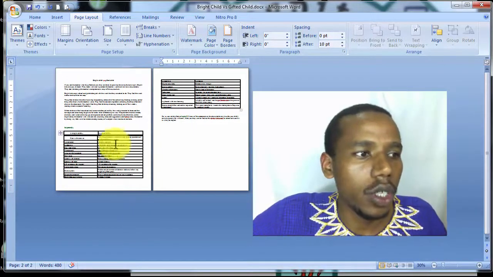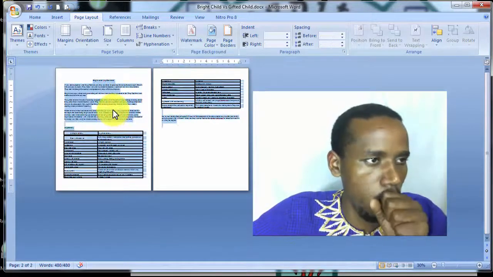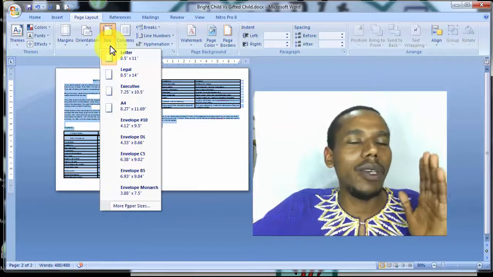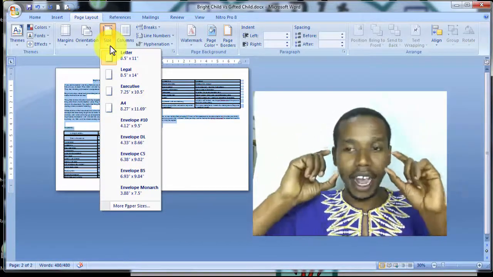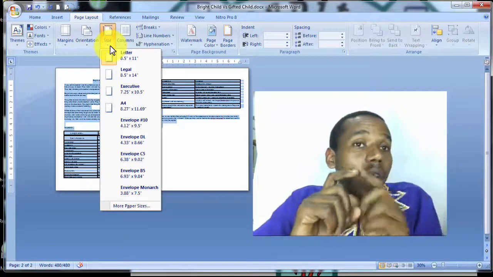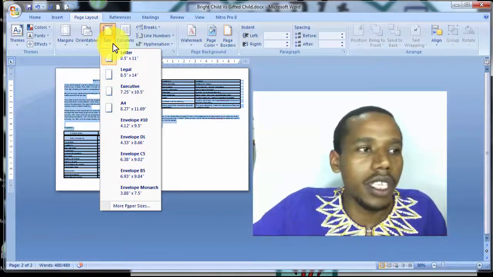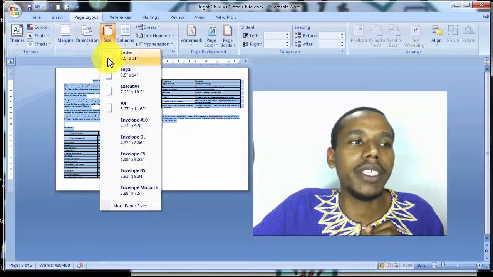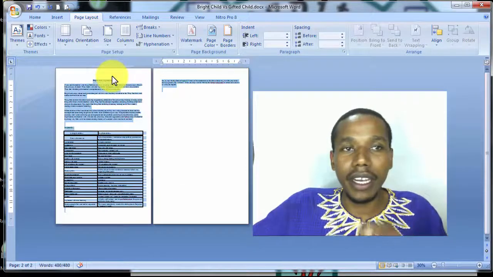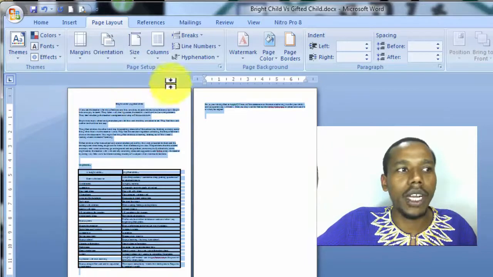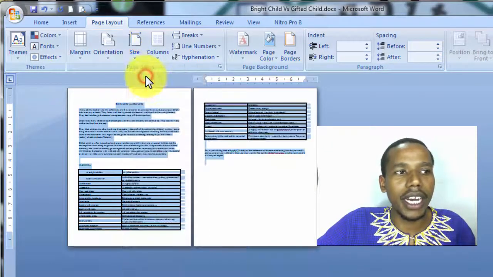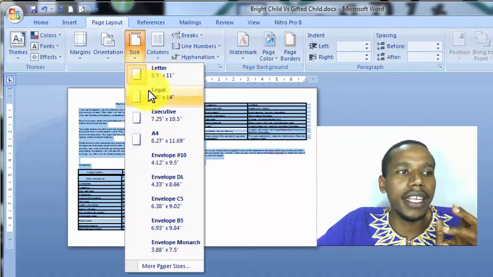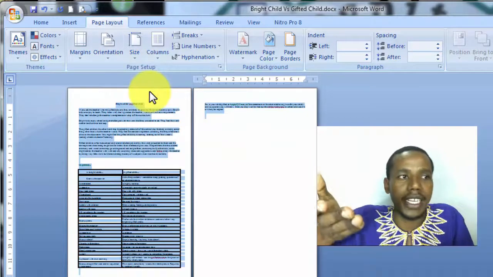Apart from that, you can select the page size. Page size is a different thing. It's not about the layout, but rather what kind of page you want your document to fit in. If this document was in letter, as it is by default, you can change the page size to legal, which makes a bigger page compared to letter. If I choose letter, it becomes almost 1.5 pages, and legal is bigger than letter, so it